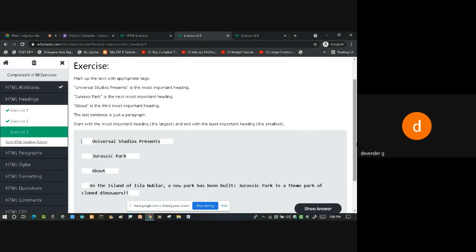Jurassic Park should be another heading, and the next one a third important heading, and the last one should be a paragraph. So what are the tags I have to write? Can anyone tell me what I have to write for the first one, and for the second, third, and fourth? If you know, give me the answer, or you can post it in the chat box.